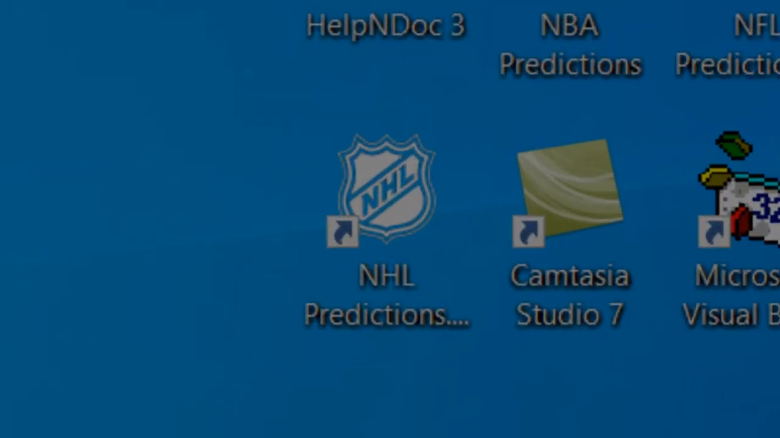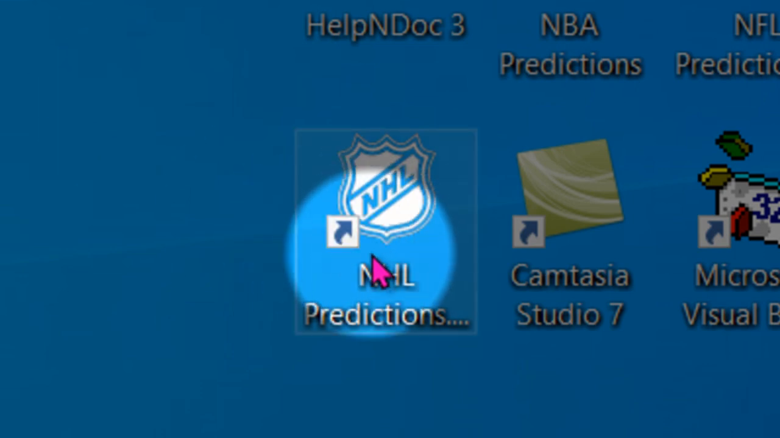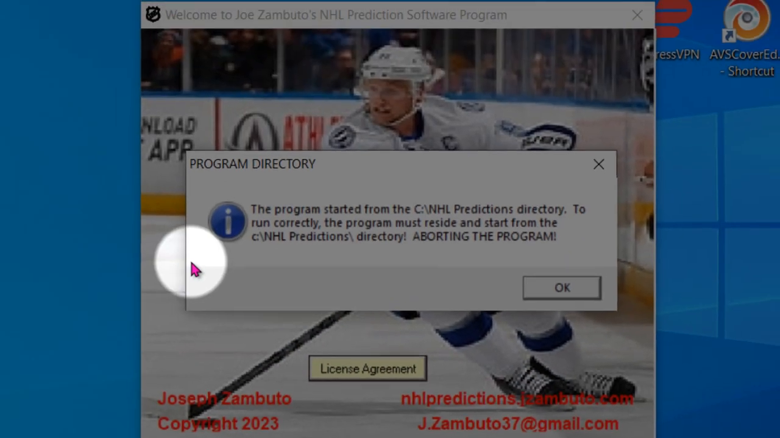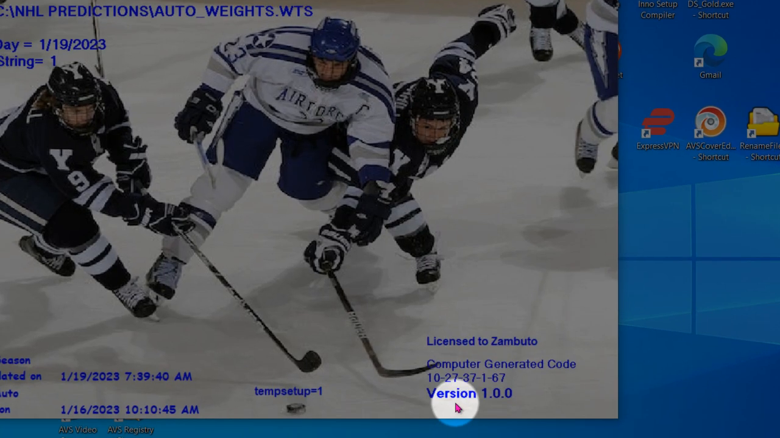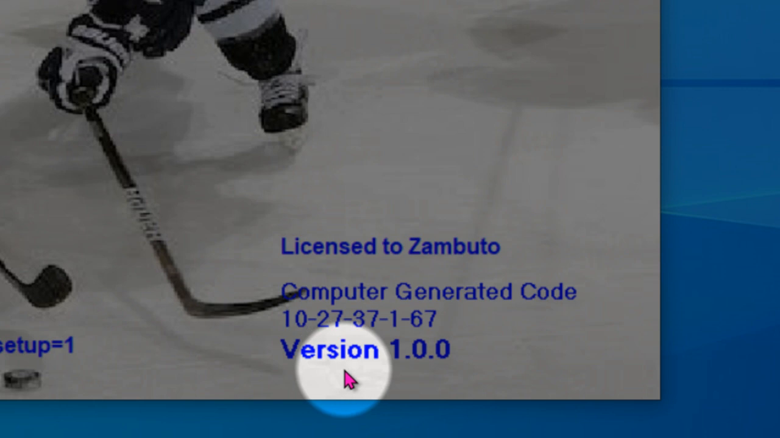Now, normally when you run the setup for the first time, you may have to do the reboot as I mentioned, and then when you bring up your computer again, you'll find an icon for the National Hockey League. Double click and the program will run. Once the setup is complete, the program will launch, and